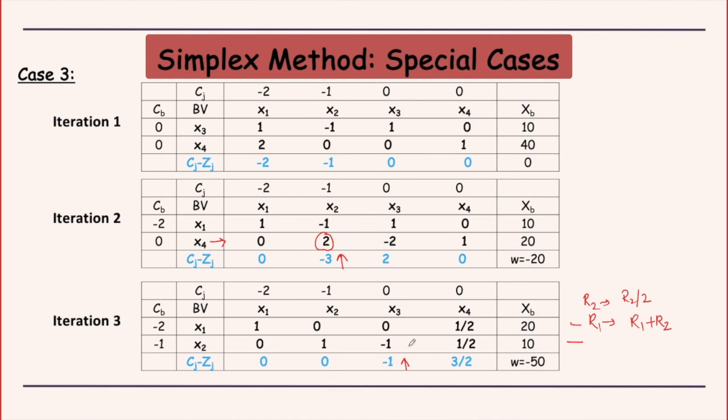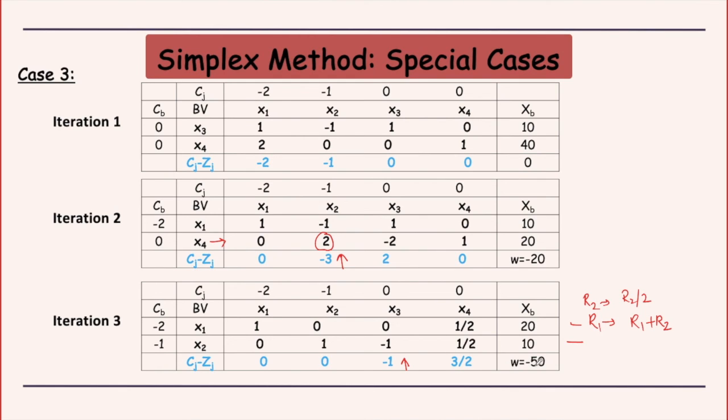So this is a situation when we say that the problem has an unbounded solution. How do you make out an unbounded solution case? When there is a possibility of improvement, which is indicated by a negative Cj minus Zj, or else you can say that you haven't reached optimality, that is again indicated by this number, and there is nothing to leave the basis. So none of the basic variables are allowed to leave, but you can still improve the solution. In that case you would know that the solution is unbounded.